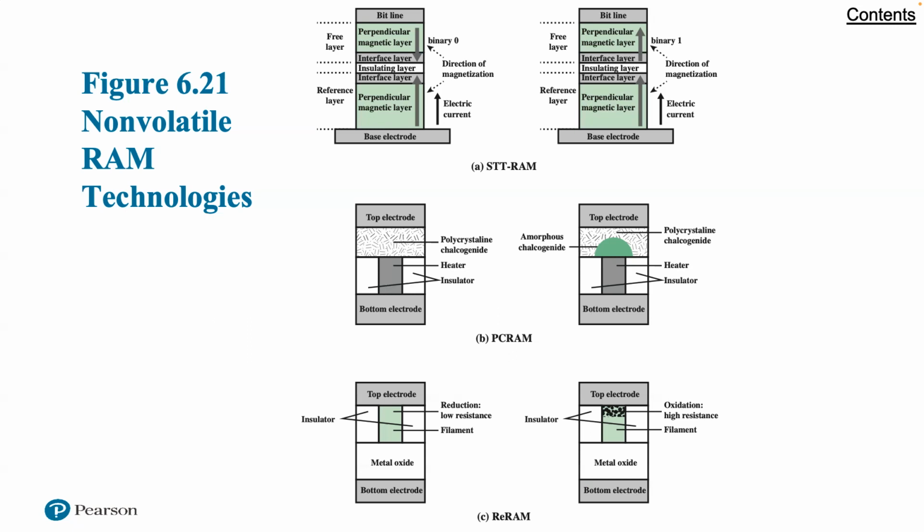Next, we have PC RAM. Phase change RAM is the most mature of the new technologies, with an extensive technical literature to it. PC RAM technology is based on the chalcogenide alloy material, which is similar to those commonly used in optical storage media, compact disc and digital versatile disc. The data storage capability is achieved from the resistance difference between an amorphous, that is high resistance, and a crystalline, that is low resistance, phase of the